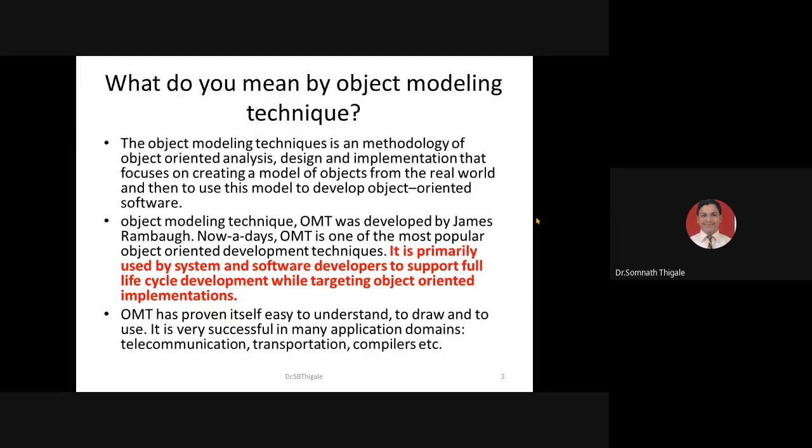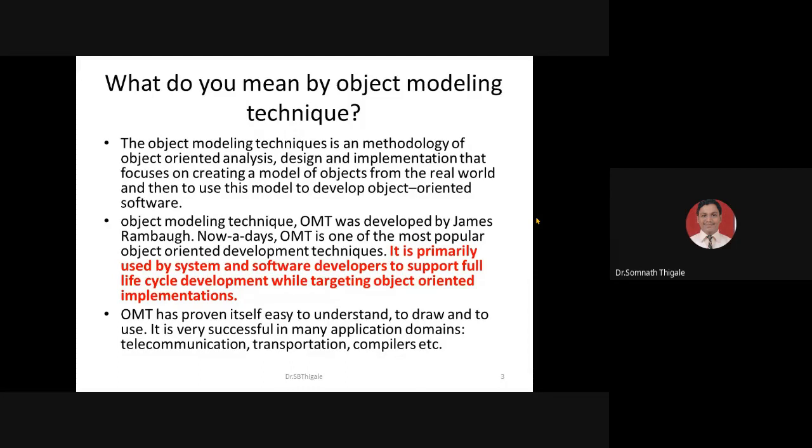So this is the basic idea about the object modeling technique. The conclusion regarding this OMT technology is: treat each and everything with respect to an object. Once you get the object, you can find out the properties of an object like state, behavior, method. Sometimes it is called state, behavior, then unique identity, and then roles and responsibilities, SBIR properties.